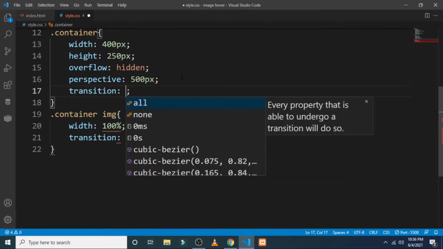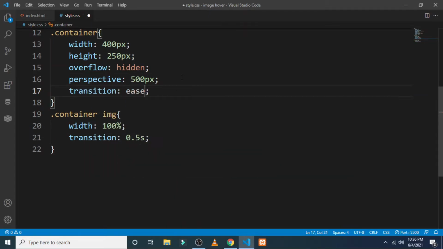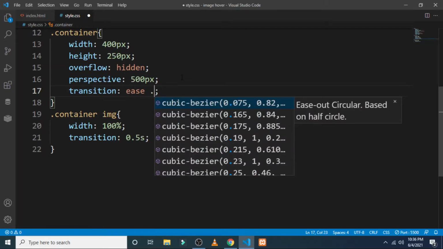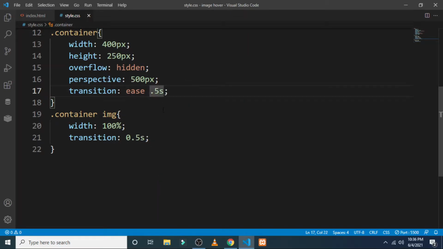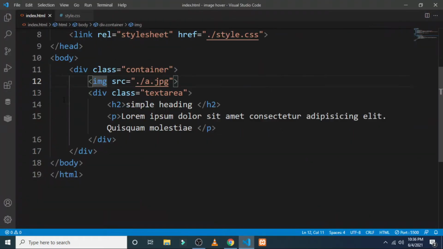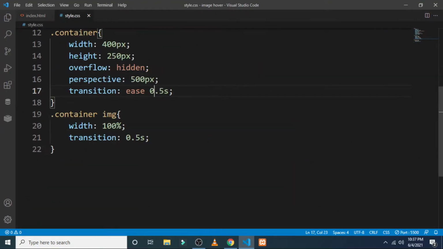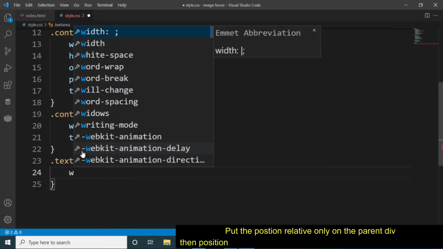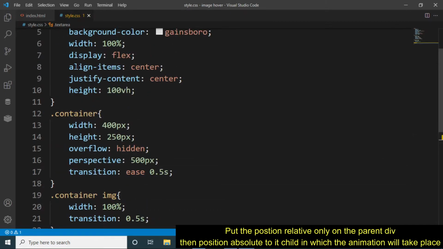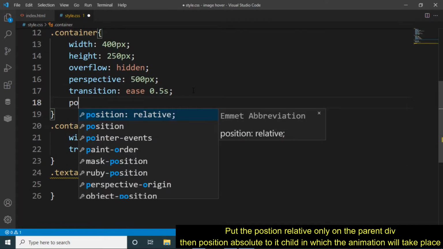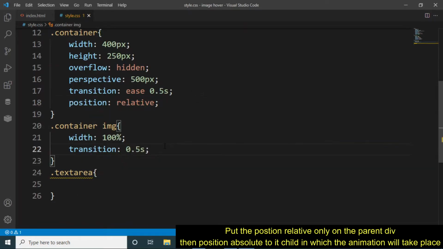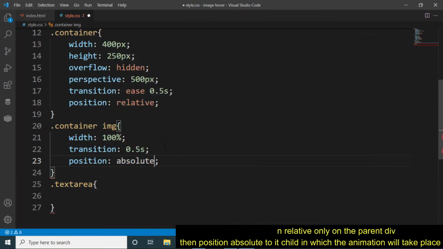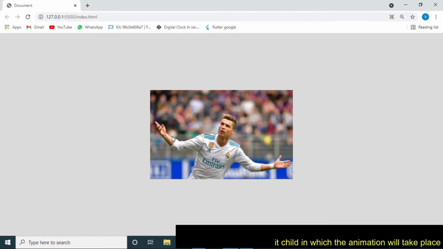When I hover the image, the transition will be shown for 0.5 seconds, and in the container part I have given again a transition of 0.5 seconds, but with an ease, so that it will be visible what the transition is actually doing. Here in the container section, put position relative, and in the image put position absolute,